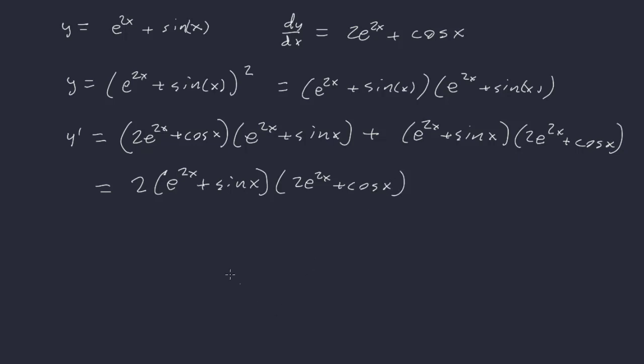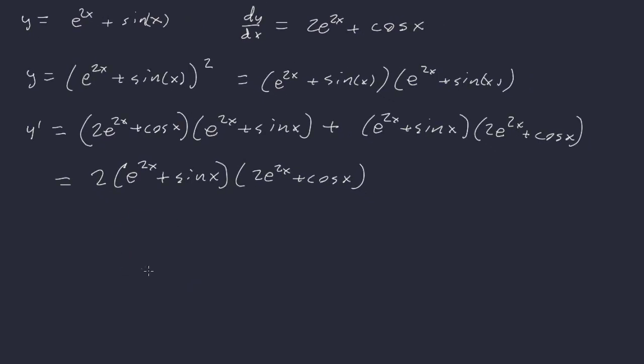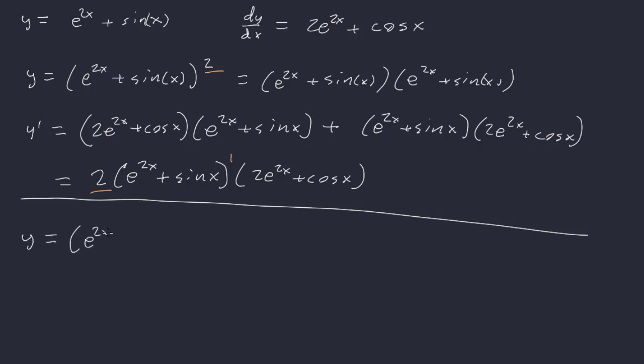All right, now this might not be eliciting a pattern yet, but one thing I want to show is that notice how we have the 2 here, and this original function, this e to the 2x plus sine x, or this original piece, it's to the 1, and then we're multiplying by the derivative of that original piece. I think the pattern will become a little more clear when we look at this function